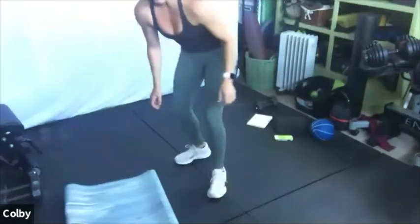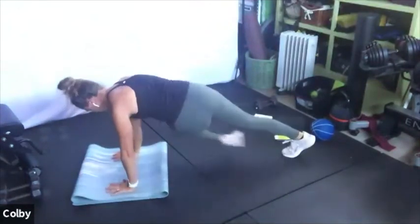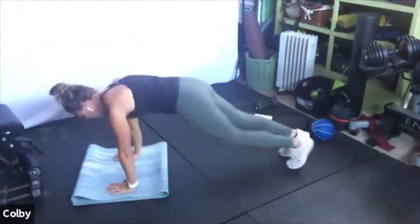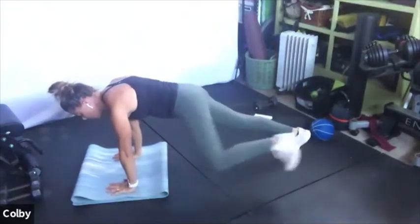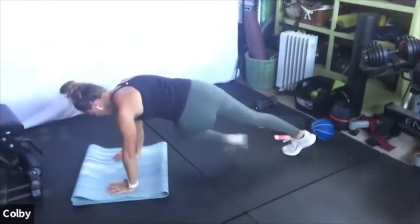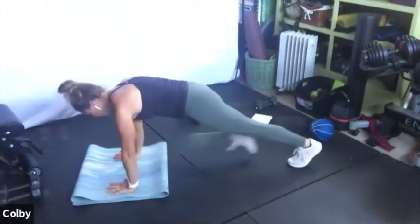In your mountain climber too, one of the other ways you can help your body recover is driving your knee at a different angle, like across your body, out wide. Here we go, begin. Start with just your normal mountain climber, but know that there are other places to drive your knee, like the outside of the elbow and across the body. Feel free to experiment with those different angles of drive of the knee, or just stick with a nice steady